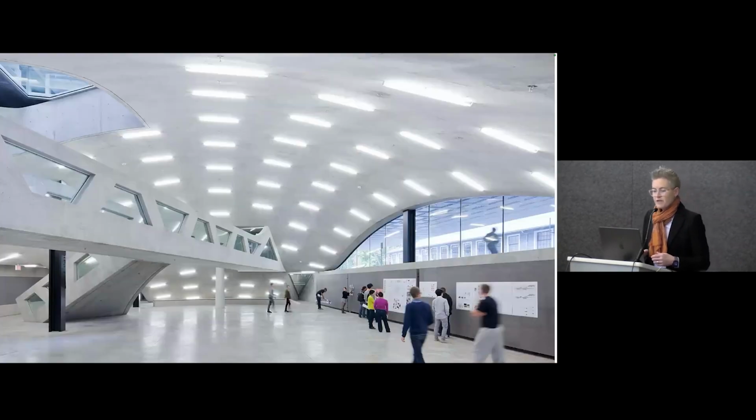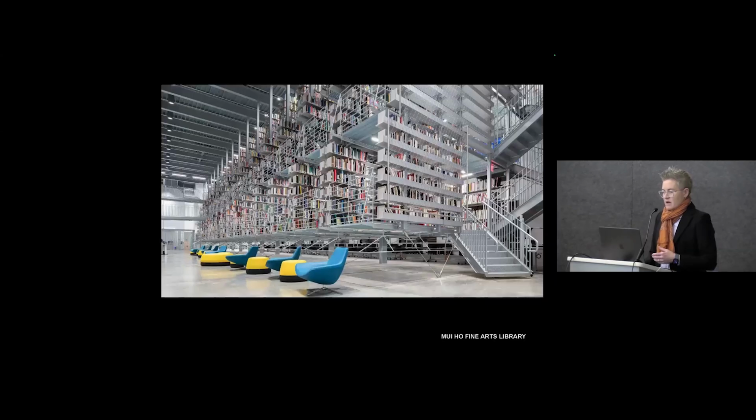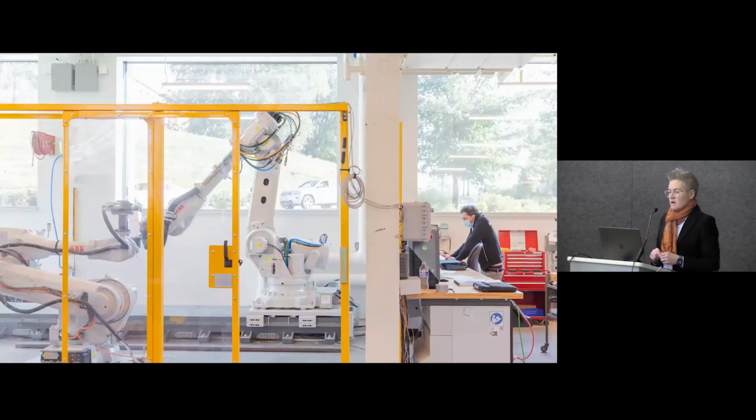Excellence is also reflected in the facilities that you will get to work in and learn within, such as the Milstein Dome, where we are now in person, as well as the Mui Ho Fine Arts Library, which you'll see on a tour later today for those of you that are here with us in person. The newly named Autodesk Design and Make Space, which holds our robotics suite, which you will have a tour of, and also the incredible facilities at Cornell Tech.